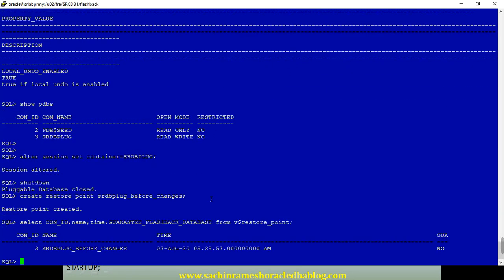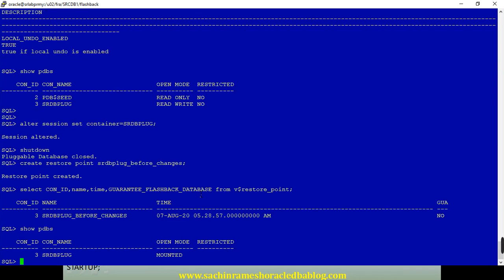So it is a normal restore point, and it is a clean restore point. What are we doing for the clean restore point? We are closing the pluggable database. You can see here, the PDB is mounted. So it is down, meaning we have closed the PDB database.